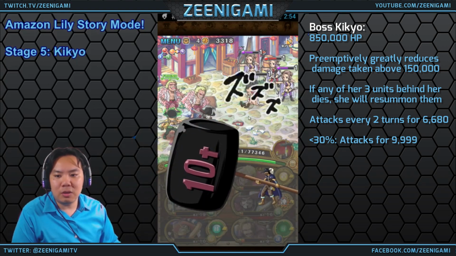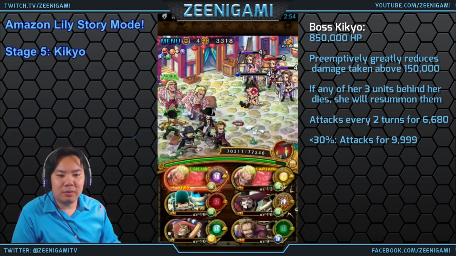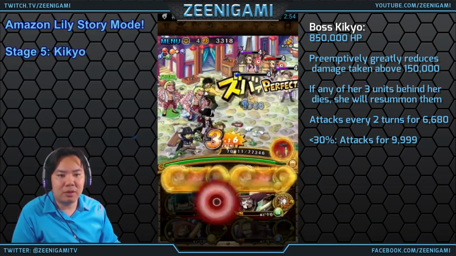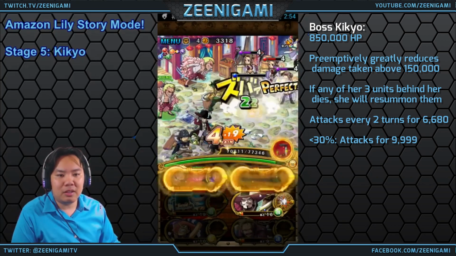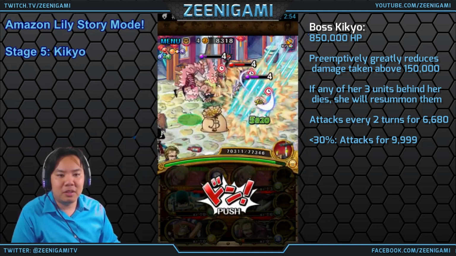Below 30%, she will attack for 10,000 damage. But if you use your Golden Pump Usopp to stall, it should give you plenty of time to kill her, even if you don't use specials like Doflamingo. Now, remember that the damage reduction only applies on hits above...